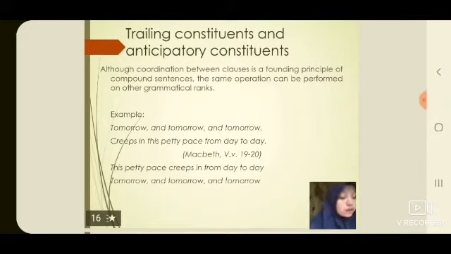For example, we look at the couplet from Shakespeare's Macbeth: "Tomorrow and tomorrow and tomorrow creeps in this petty pace from day to day." Tomorrow is an adverb. The tomorrows are tied together with a coordinating conjunction, and it forms an adjunct. The grammatical structures in the couplet